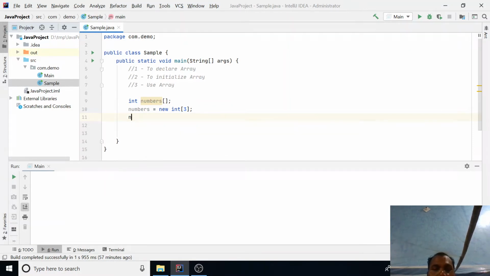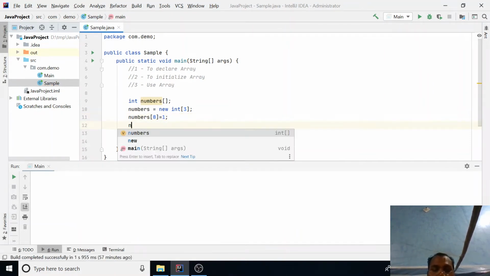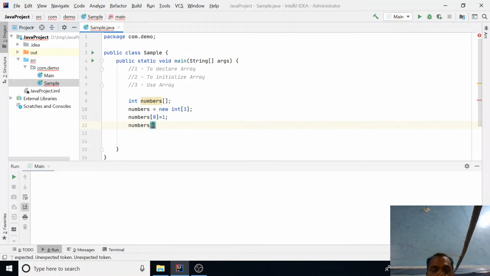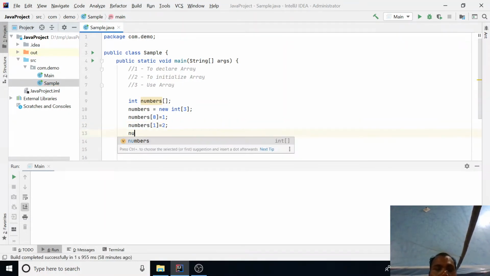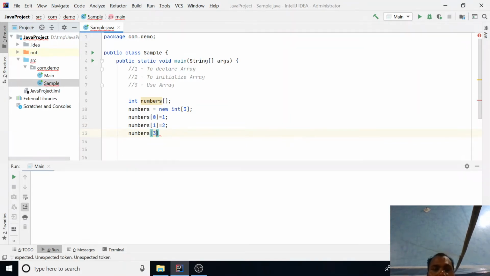So numbers of 0 position equal to, let's say I'm going to store 1. Numbers of 1 position, I am going to store 2. Numbers of 2 position, you are going to store 3. Okay, so this is the basic syntax.